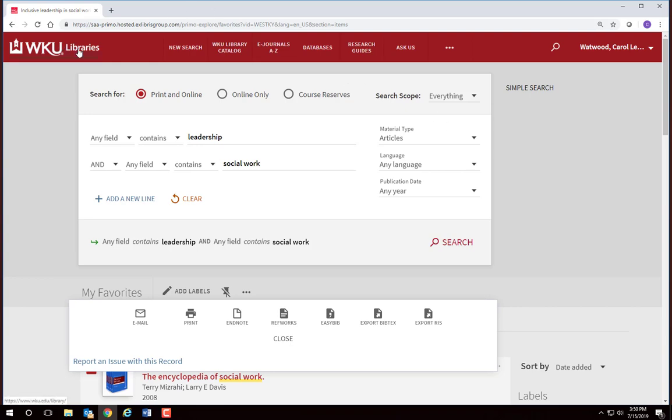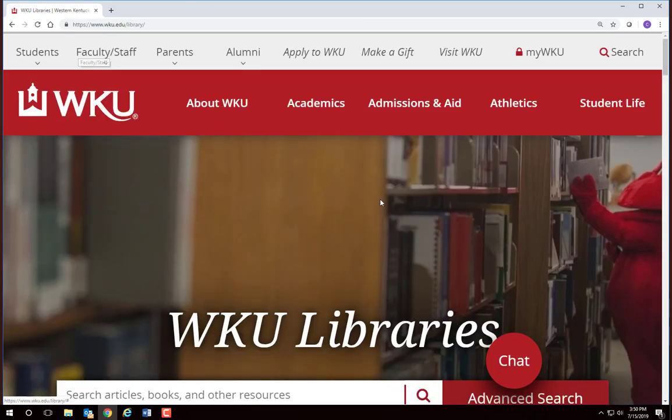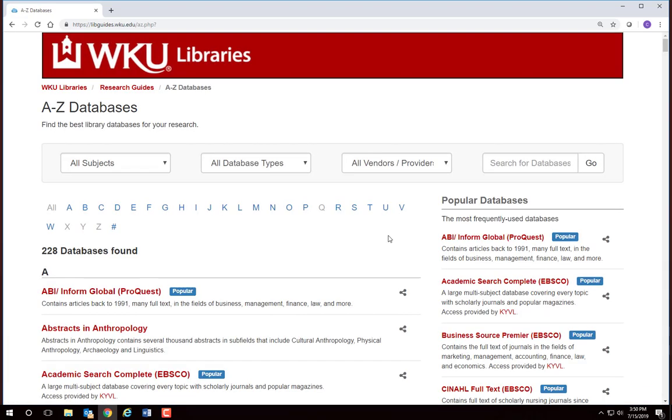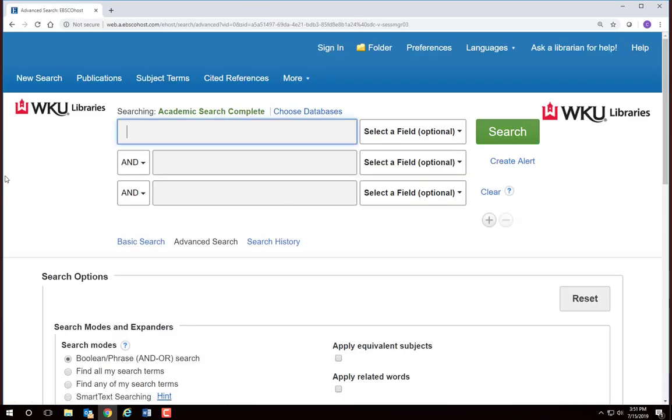I'm going to click Libraries to go back to my home page. That was OneSearch. Databases is our best and most powerful way of finding scholarly articles by subject. As an example, under Popular Databases, I'm going to use Academic Search Complete, which is a general-purpose database that covers